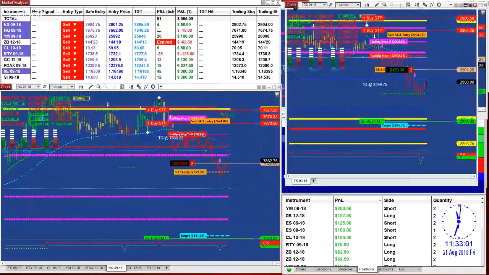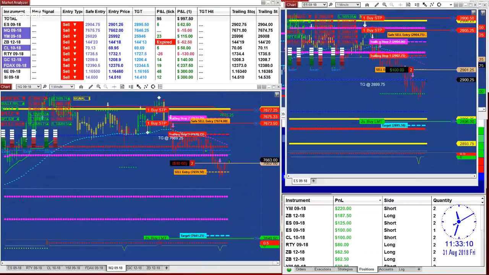There are enough tools for every trader to learn this market and keep him busy for a very long time. So there is enough in your package to keep you busy. And if you want to scalp, you want to swing trade, you want to get involved in the trading,